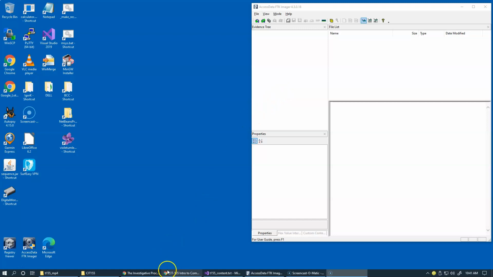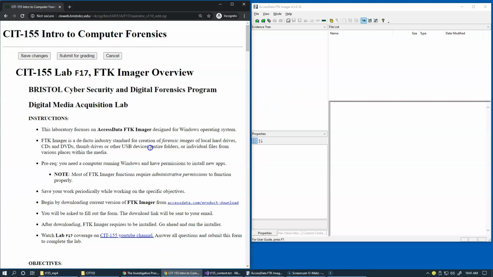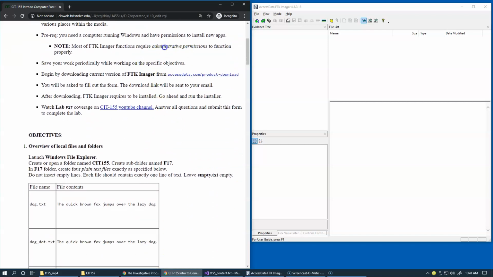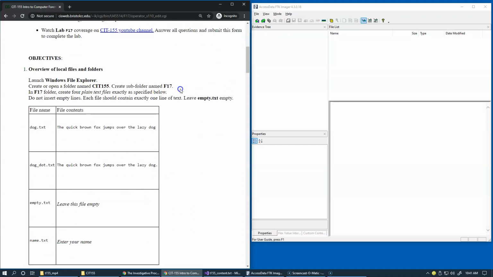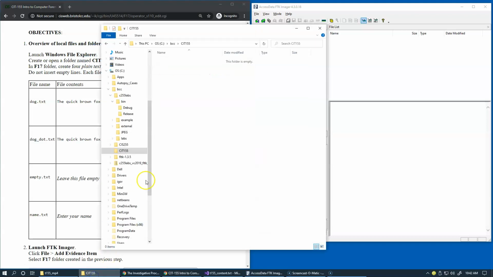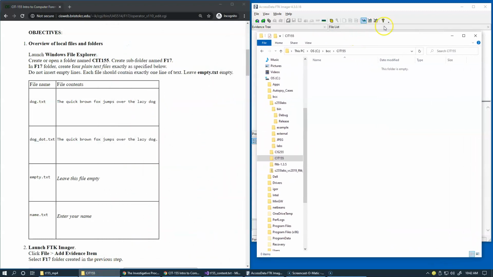Let's bring back our handout for the lab. So I mentioned here that you need to use administrative permissions and run it as administrator to be able to access all of the functions. So the first objective here is to take a look inside FTK Imager at our local folders and files. So let's launch File Explorer. Right here I'm already running a copy of File Explorer,